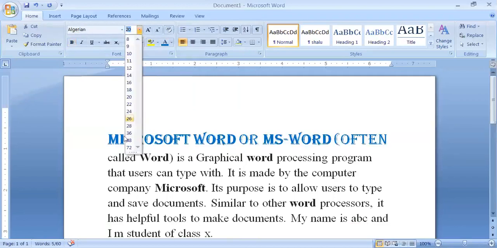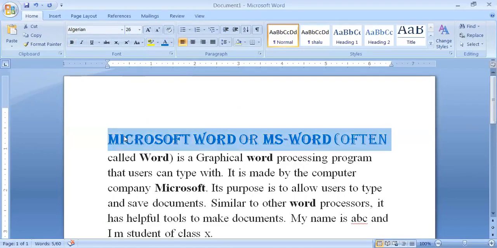But this is all a time-taking option, meaning we are changing font size, font color and font types separately from their individual tabs. But in the style section, a combination of the style, size and color is available, and you have to do nothing. You just have to select it. First of all, select the text on which you want to apply the style, and then select the style, and the look of the paragraph or the document will change.